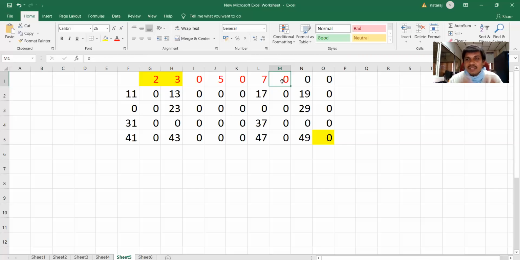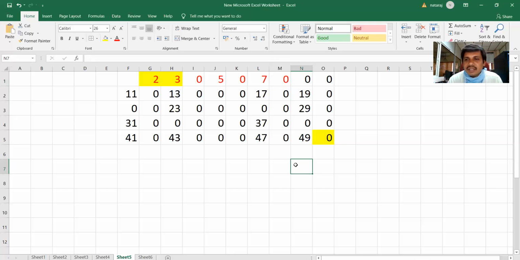You need to take list of elements, calculate the square root, from 2 to square root, check every number, and remove all its multiples. Consider every number and remove all its multiples in the list. Finally, when you reach the square root of that number, n value, the list is ready now. Prime numbers list is ready. Of course, with zeros, that we can remove, not an issue. Okay.